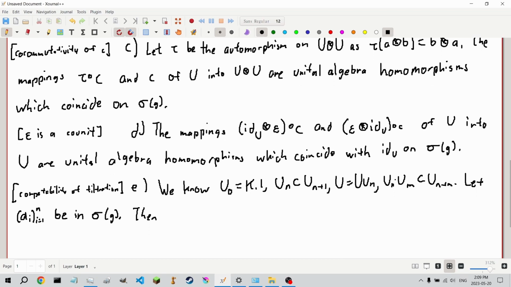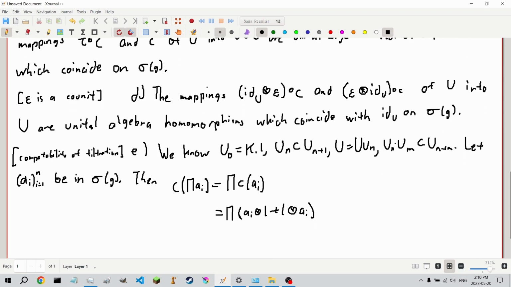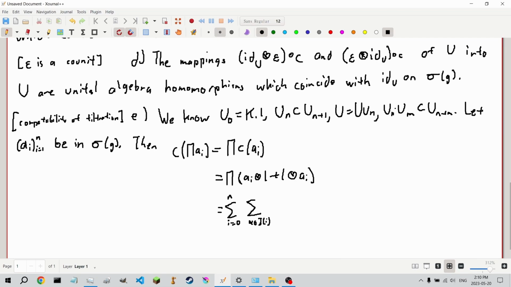Then we get that C of the product of alpha i from 1 through n, the coproduct, is the product of C of the alpha i, the coproduct of each individual alpha, which is the product, which we can evaluate as equal to alpha i tensor 1 plus 1 tensor alpha i, product across i, which is equal to the sum, first off, i from now, instead of 1, 0 to n, and we're also summing across alpha in I, which I'm going to write out here,